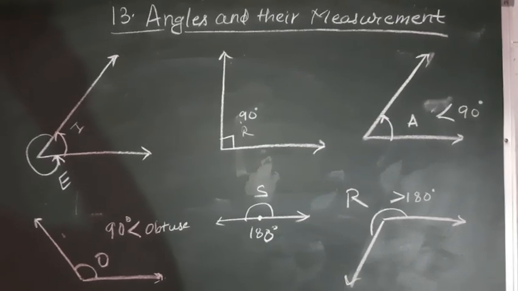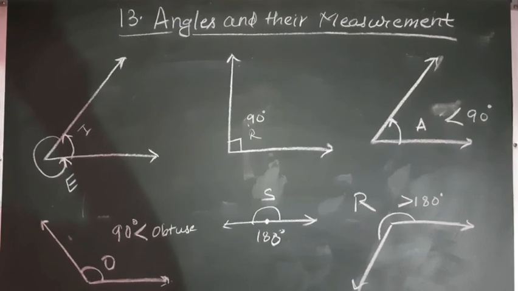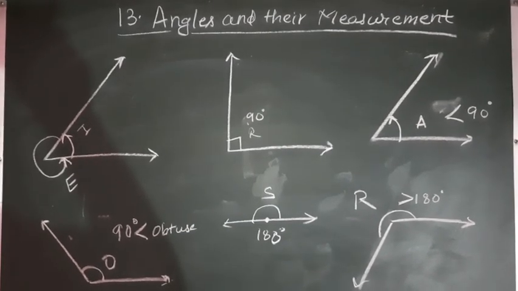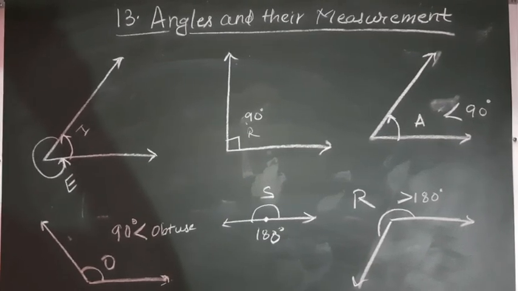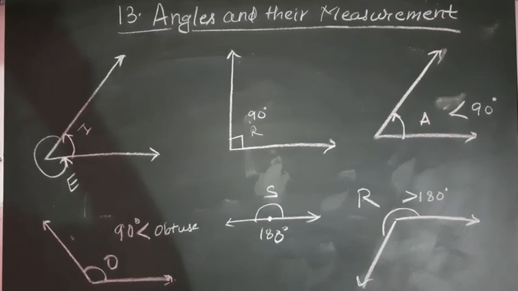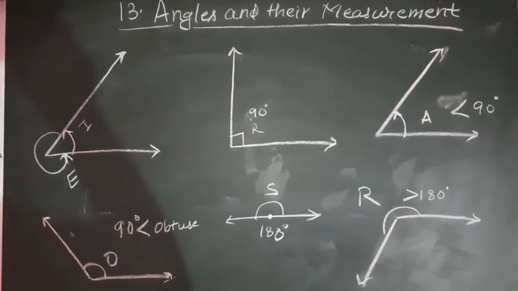What is an angle? The angle is formed by two rays which start from the same initial point. How is it formed? It is formed by two rays which start from the same initial point. So as you all can see in the first image, I means interior of the angle and E means exterior of the angle. ठीक है?